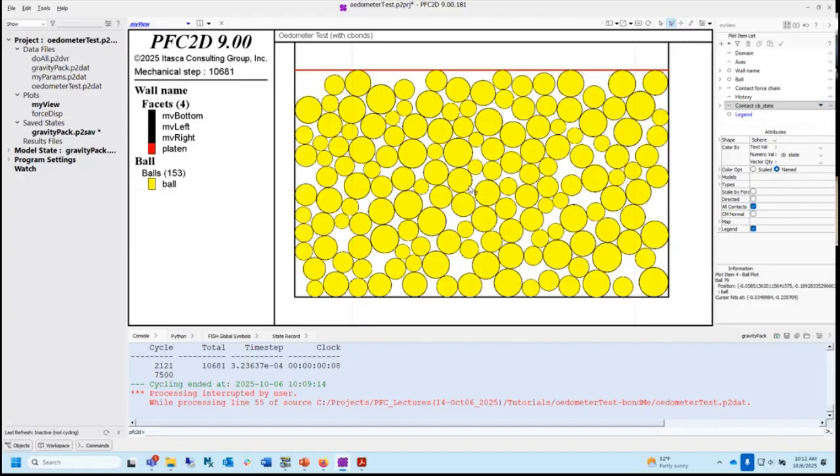So the bonded system you build is sensitive to the initial conditions of the packing at the time you bond it. And there's no way to get around this. You really do have to pack this material and then bond it. Are you with me? Is it making sense? Yeah, it makes sense. Okay.